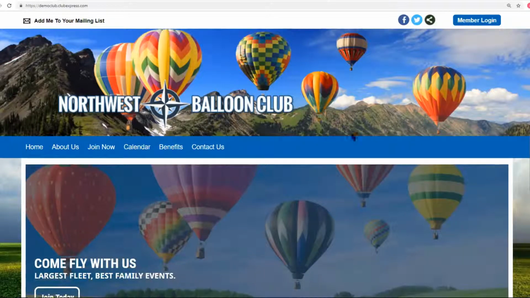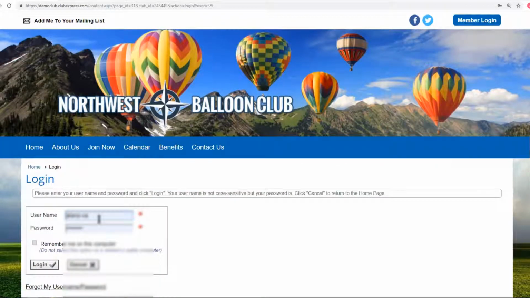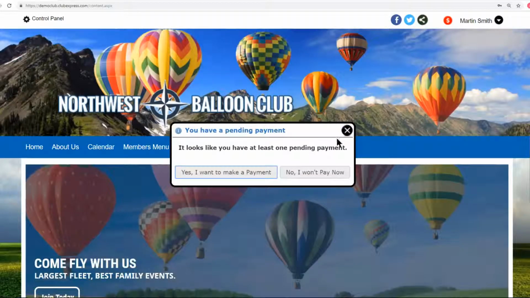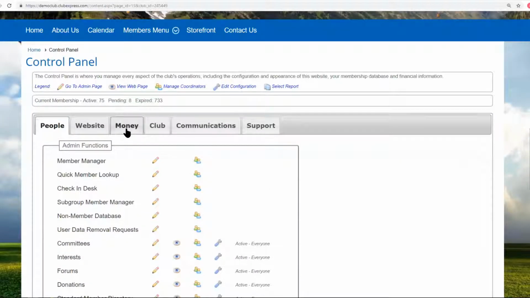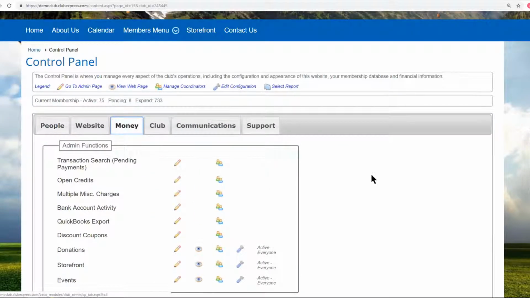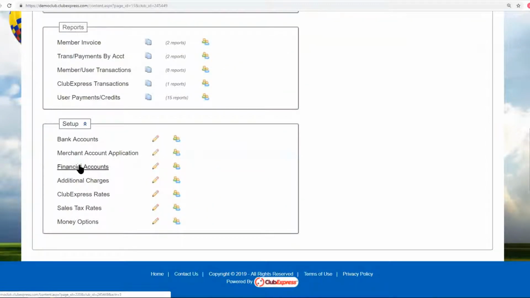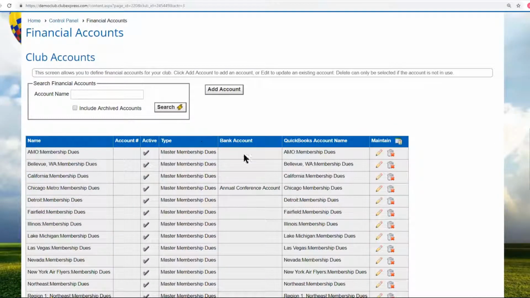There was a question about when you were showing how to add the charge. Ray had asked about how you actually, you were showing the different financial accounts to select, and he wanted to know where you enter the accounts. Okay, we can do that. So if we look on the control panel, that's under money, right? Yes. Okay, so on the financial accounts, they'd be over here, and you would put all of these in,